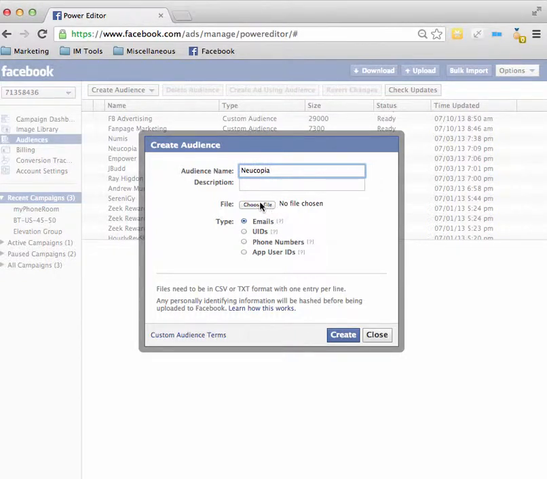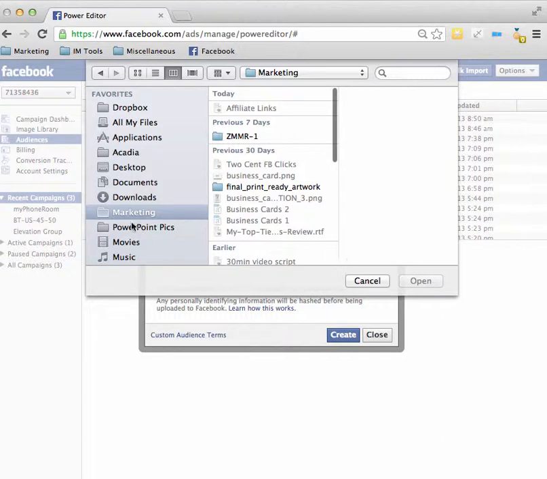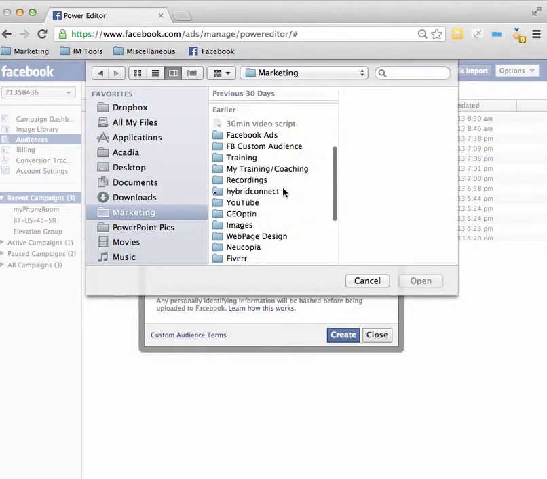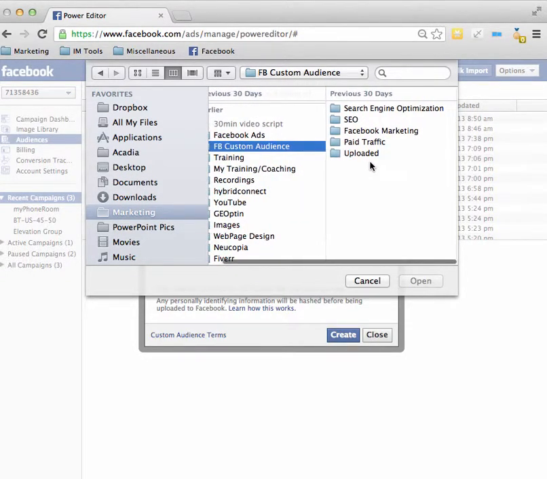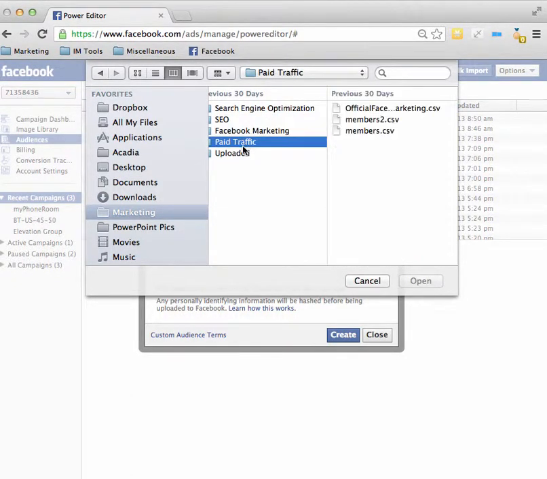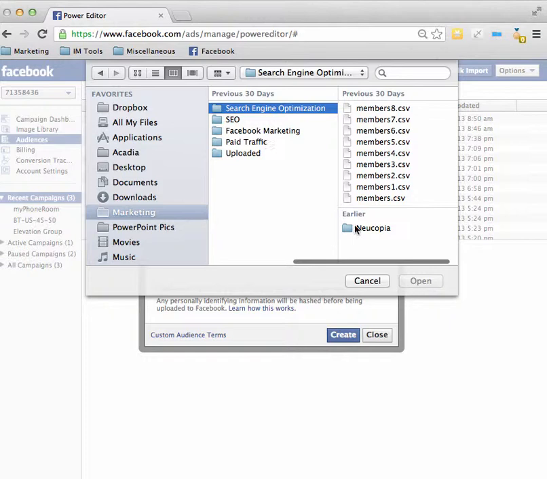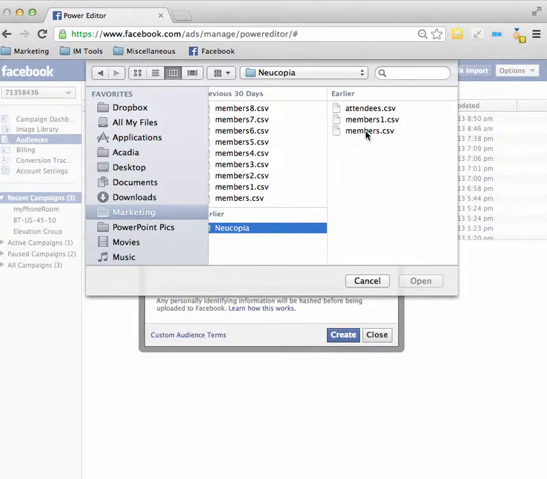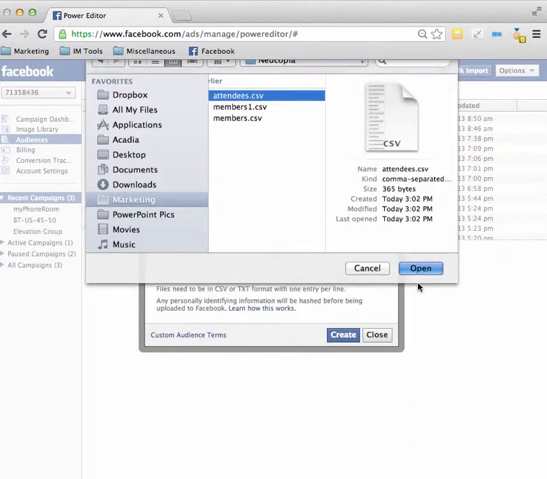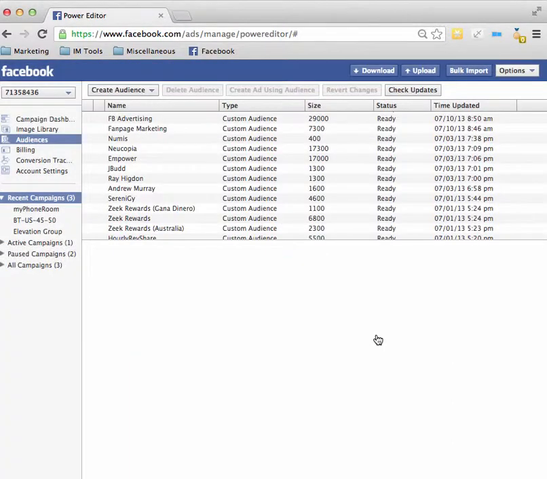Even though I already have them in there, I just downloaded a new one from them. So all you do is find wherever you saved your custom audiences. Not sure where mine ended up. Oh, here it is, Newcopia. So you would just click on your first one, hit open, and right here where it says type, click on user IDs, and then hit create. I'm not going to create them into this one because I actually have a Newcopia custom